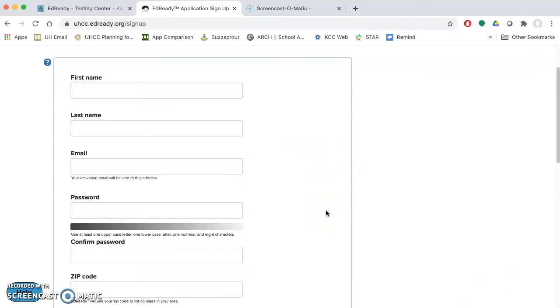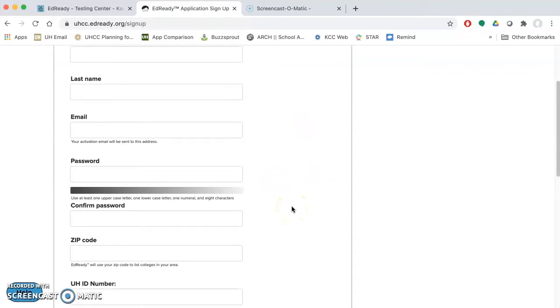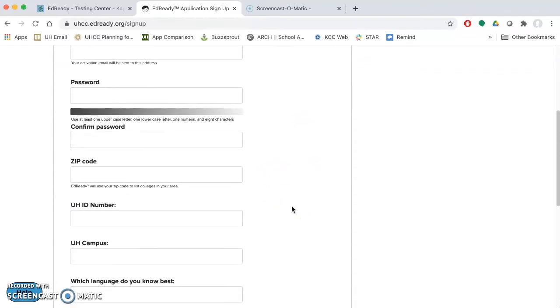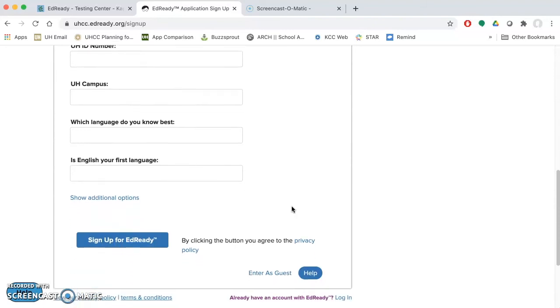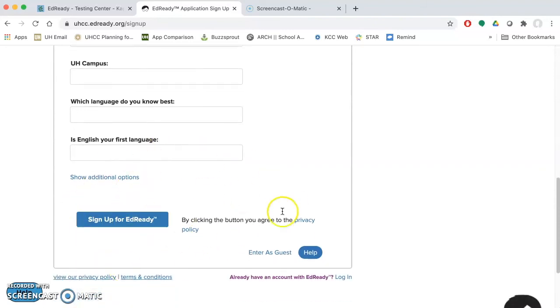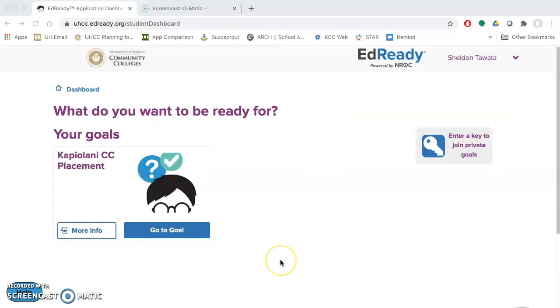So it's very important that they put an email address that they will check regularly. Once they complete all this information, it'll take you to this area where they can start with the sign up process, which will ask for a gold key. Now, going back to the Student Quick Start Guide, that is where they will have information on how to input the gold key.